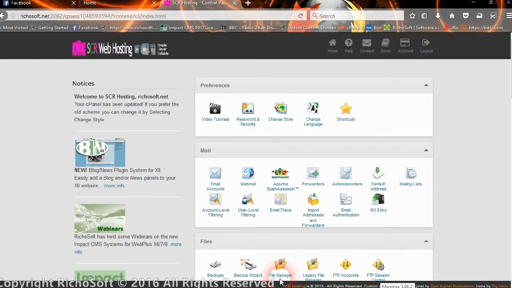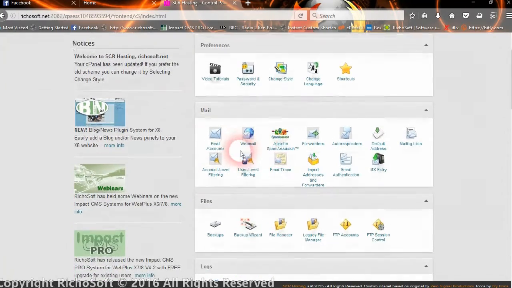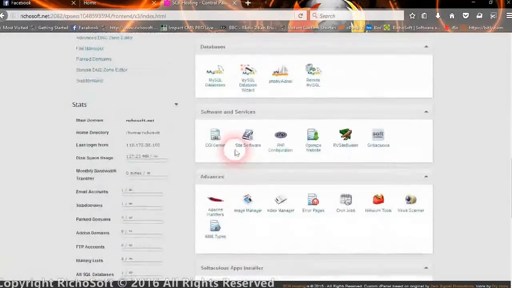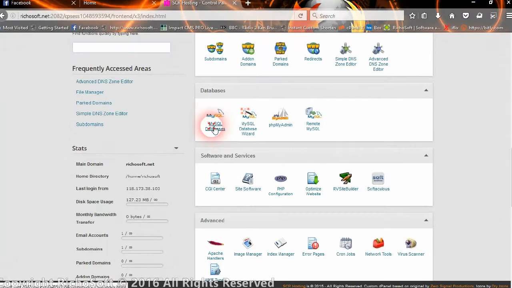Okay, so the first thing we need to do to set up our member system is to create a database, a blank database in our control panel. Now your cPanel may not look the same as this, in fact it may look completely different, but the principles are the same. So first of all we go to databases